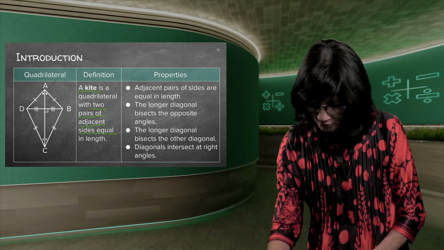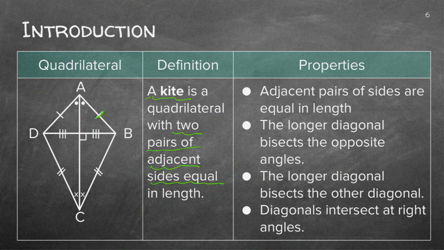It's already ticked on your graph. You see, I say always tick it off. If they haven't ticked it, they will not tick it for you. If they talk about a kite, you need to go and draw your own kite, and you need to tick what you know about it. Now, what is the properties? Two pairs of sides are equal, adjacent pairs are equal in length. That is what we saw just now.